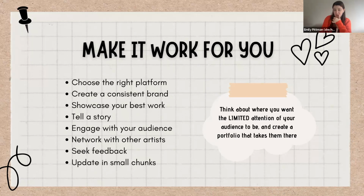Updating in small chunks. I know that it's easier said than done, and you could argue it both ways. And I kind of do argue it both ways in a different part of this presentation, but it's all dependent on your brain. If updating in small chunks is going to take away that sense of overwhelm that sometimes updating a portfolio can give, then do it that way. If batching a large amount of tasks at once is going to help you get through all of that work, do it that way. As long as